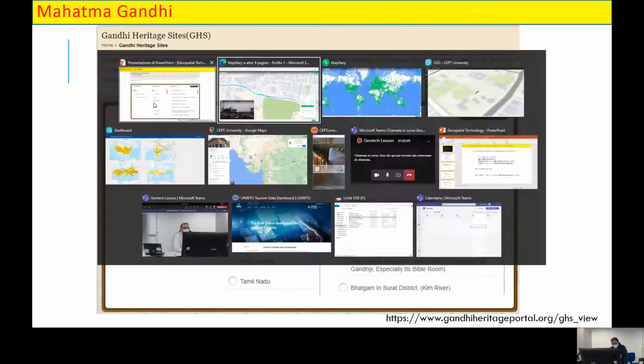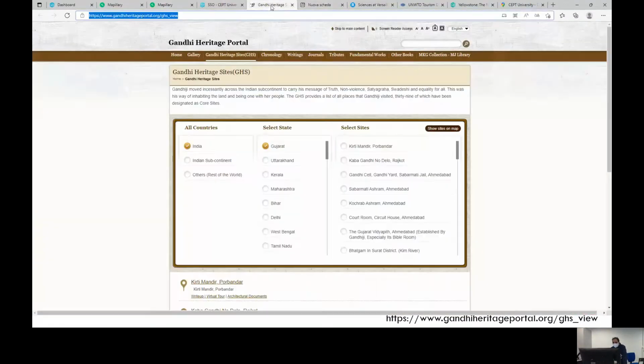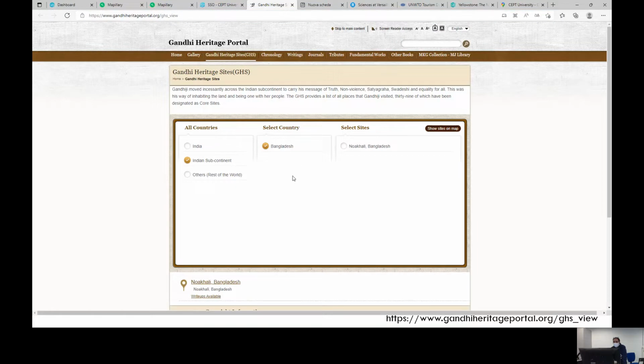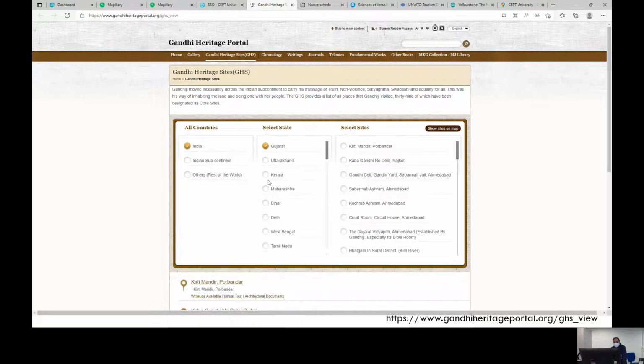So I will show you the site. This is the Gandhian heritage site. It's India. These many sites he visited during the independence activity. Bangladesh is one of the subcontinental countries he visited, and also other countries like the United Kingdom and South Africa. So I just go with this one, the Gujarat site,